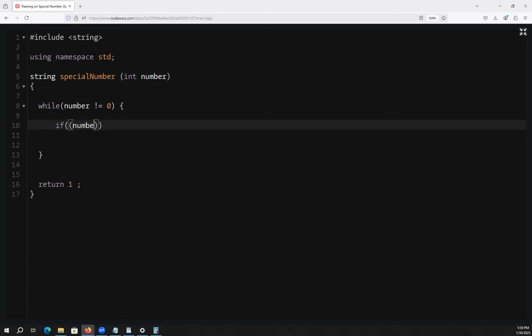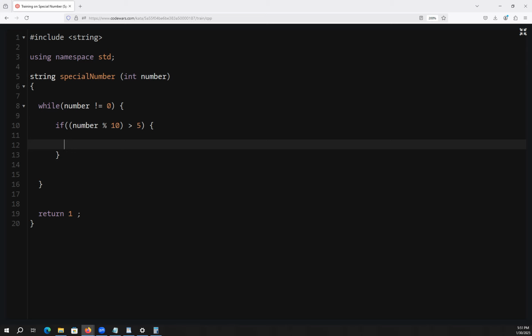Alright, so what I'm going to do here is number modulo 10, giving me the number in the ones place, and I'm going to say if that digit is greater than 5, we found that we do not have a special number.